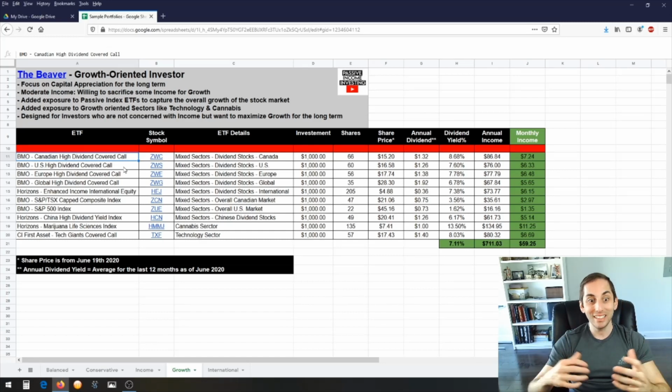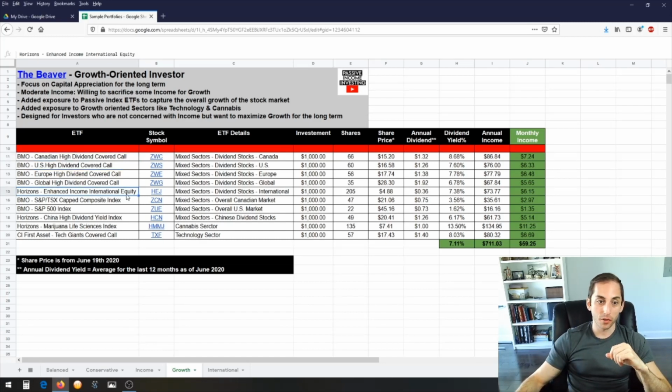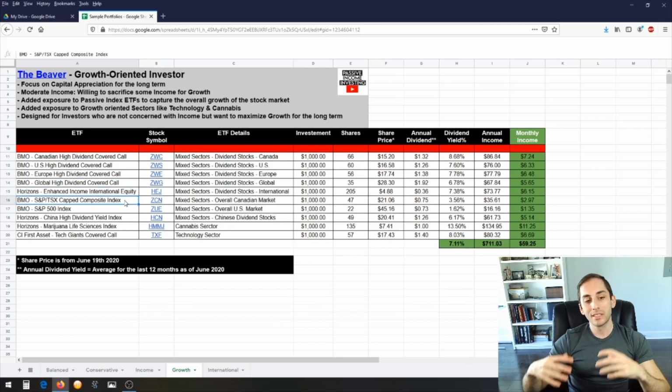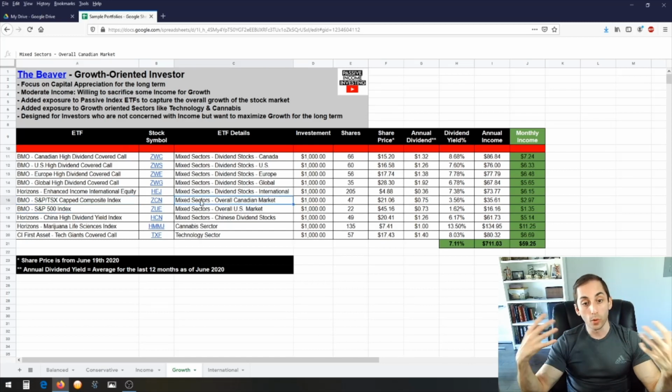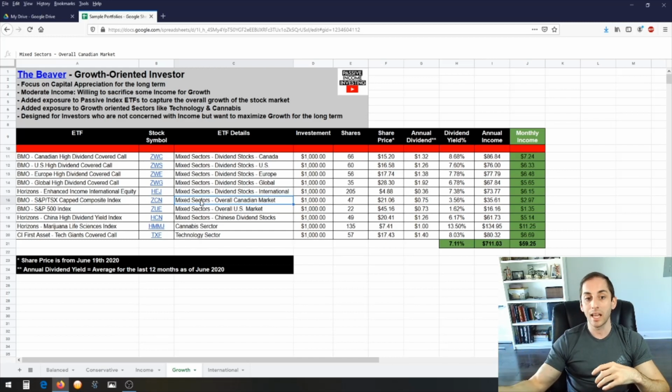So looking at the ETFs now, the first 5 are basically your baseline taken from the balanced investor one. So you have the ZWC, SEG, and the HEJ. But where it's different now is that you're going to have some exposure to the S&P TSX capped composite index ETF, ZCN from BMO, and also the BMO S&P 500 index. So this gives you overall exposure to the stock market in Canada, and overall exposure to the stock market in